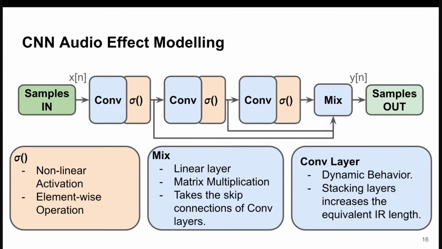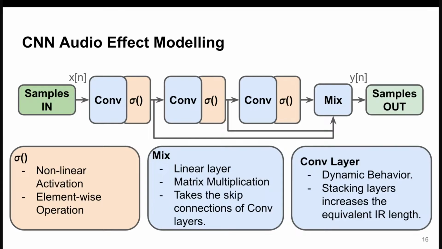So this is great. If we take a look at this model, the linear layer, this matrix multiplication called mix here, does not aggregate samples through time. It just projects the current intermediate outputs into a single output. So that is ready for being implemented in a streaming fashion. The same goes for this simple sigma function, the nonlinear activation, which is an element-wise operation.